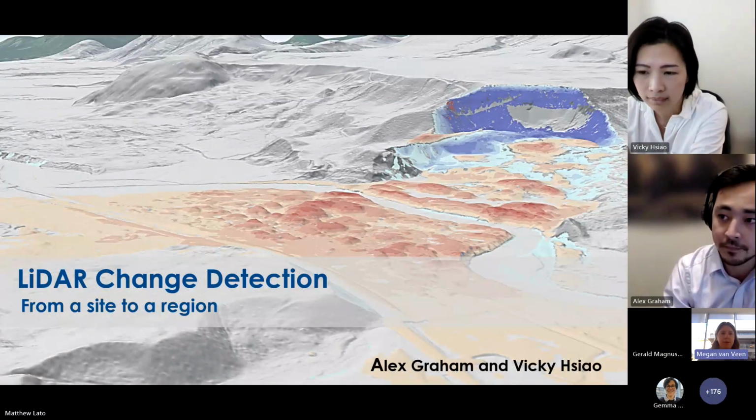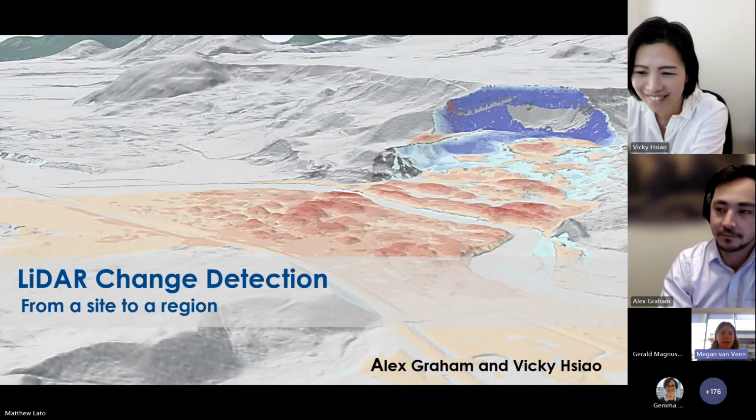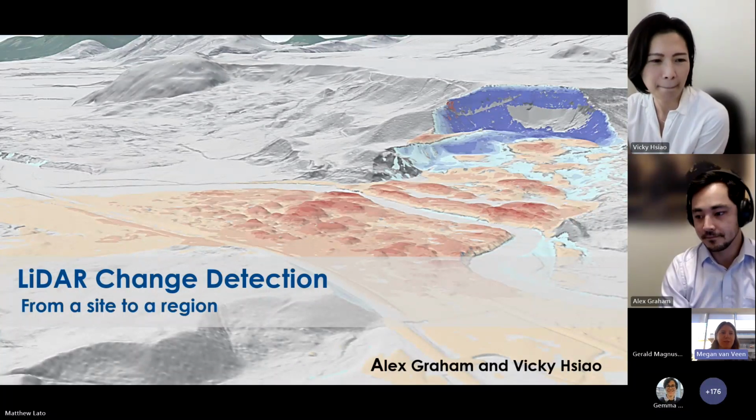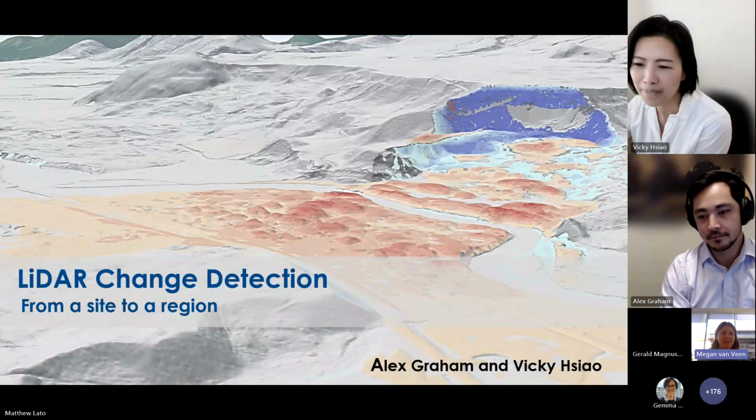When I first joined BGC about 7 years ago, LiDAR change detection was very much seen as kind of a specialist skill. Some people called it black magic. And the way that we did it was really manual and highly time consuming, which limited how we could apply it. But with some of the new tools we've developed over the past 3 years,